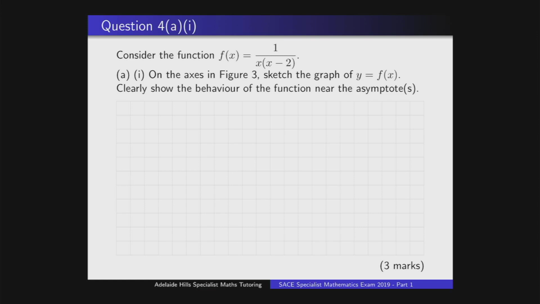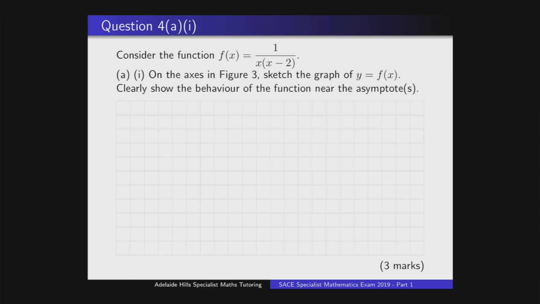Okay, so part 1 is, on a given set of axes, we want to sketch the graph of the function y equals f of x. And we want to clearly show the behavior of the function in the asymptotes. Okay, so the first thing we'd want to do when graphing, or sketching, this sort of function is look at the behavior of the function,